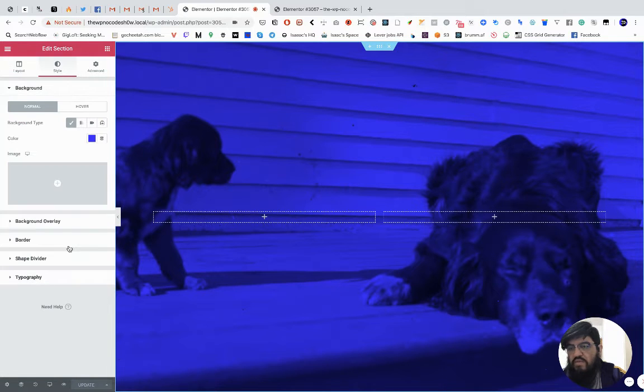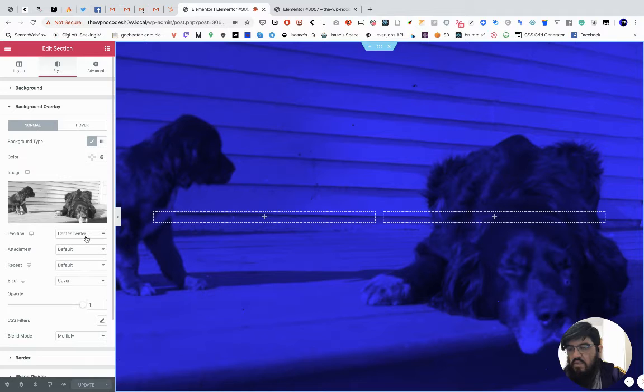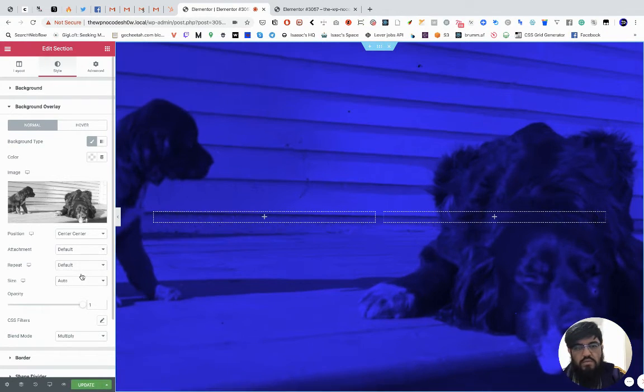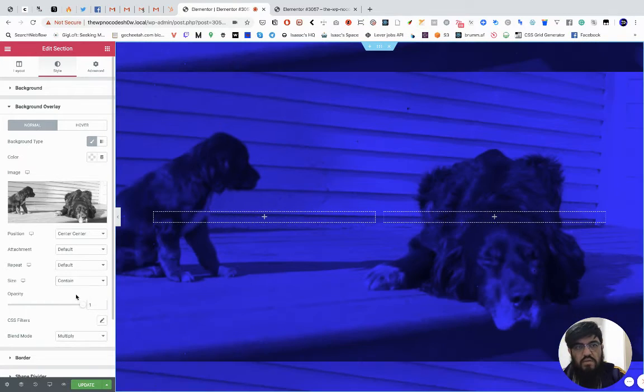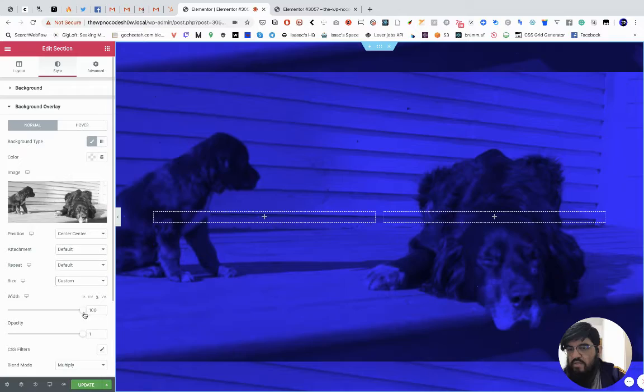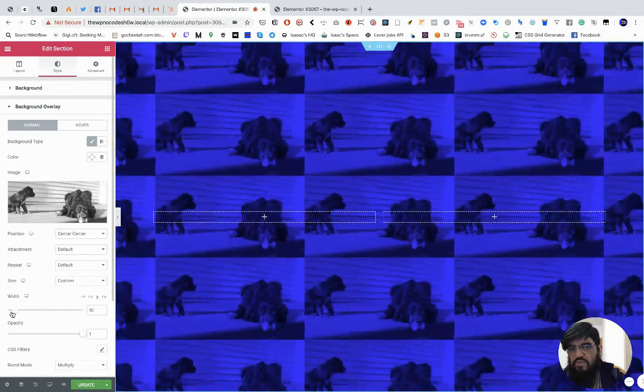I wonder if the image is too large. And let me see. Instead of size, let's do auto. Oh no, auto's getting bigger. And contain, it's a little smaller. But the cool thing that you can do here is if you do custom, right? And this is the width of the image, you can just mess around with it